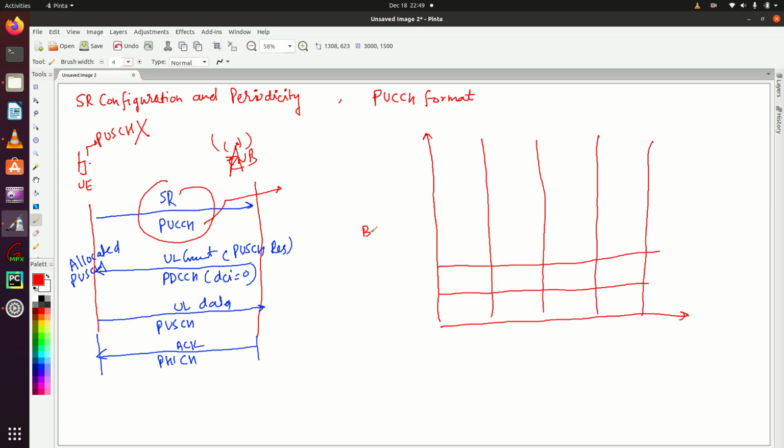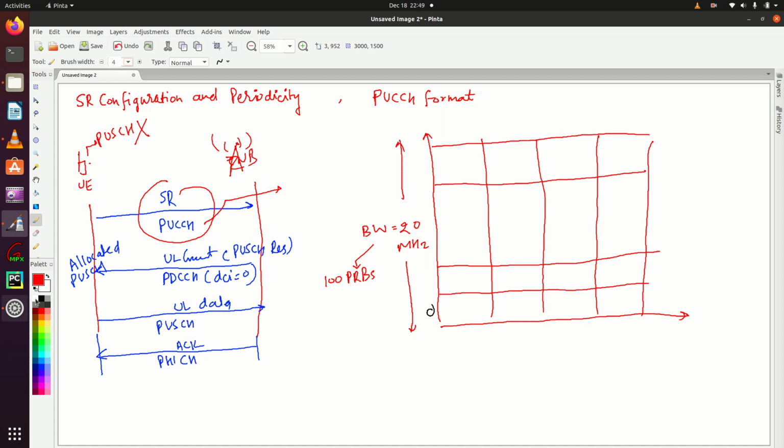Suppose our bandwidth is 20 megahertz, from here to here. We all know 20 megahertz means 100 PRBs will be available, starting from PRB 0 to 99, correct? This is my 99th PRB.